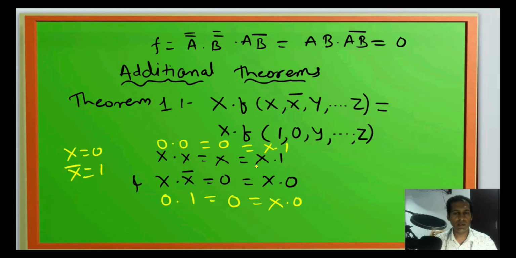Whatever x is, if we multiply by 1: if x is 0 multiplied by 1, it becomes 0; if x is 1 multiplied by 1, it will be x only. So this will not make any change. So here we can replace these terms with zeros and ones. Okay. The next theorem states that,